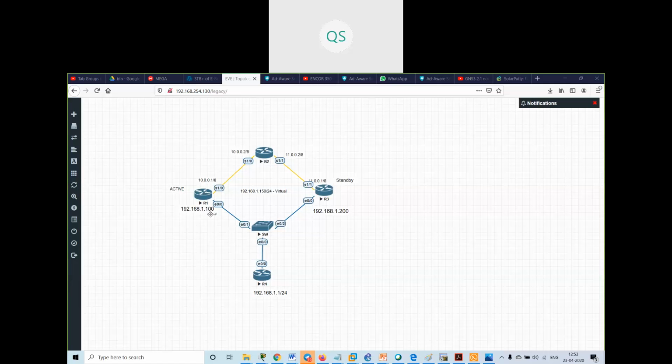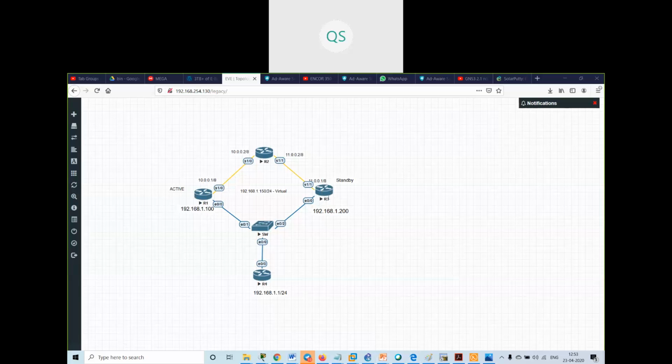I think what he's asking is whether 30 is fixed. I think it is user defined and we can change that value to 50, 60, 70, whatever, right? Yes, we can give any value. I can give 120 also. If I subtract 120 from 120, then it will be 0. The main goal here is to set the priority value lesser than the default priority value, so that if this link goes down, this router will automatically take the charge and become the active router.